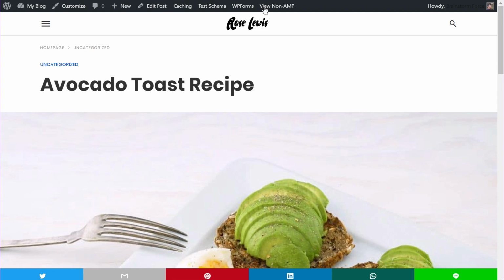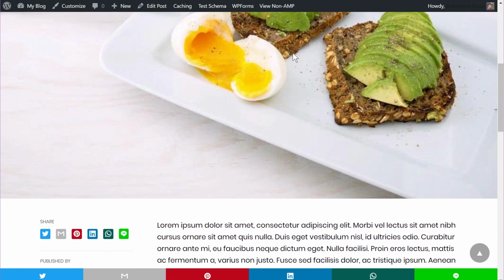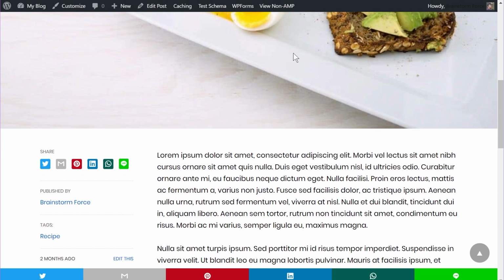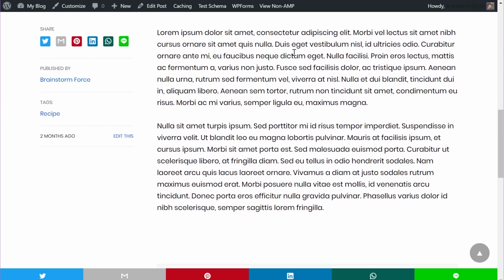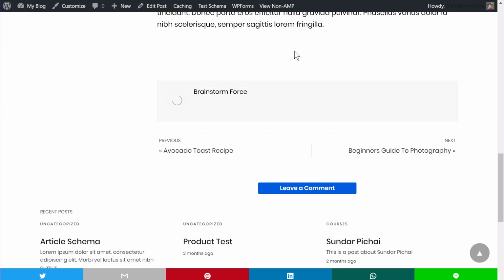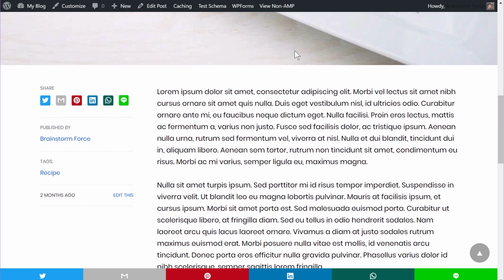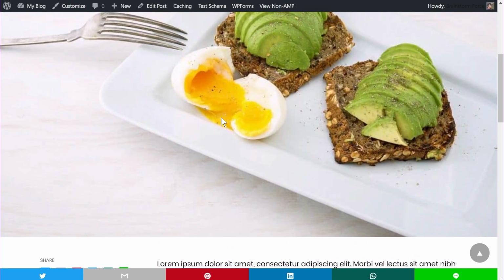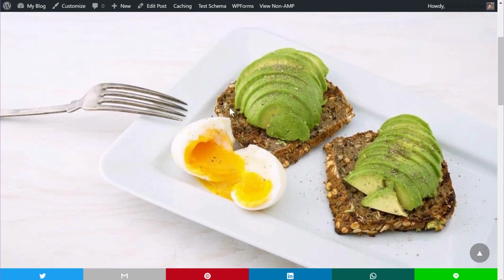Let me click it. And this is the AMP version of the website. Just re-emphasizing that the theme will look obviously different, because I've mentioned multiple times that the AMP theme for your website with this plugin will be different than the regular theme. And this is how the page looks. It's using the basic theme that the plugin provides, and it looks decent. Obviously, you can customize the theme. You can change the font, the colors, and other details to match it more to your branding style.